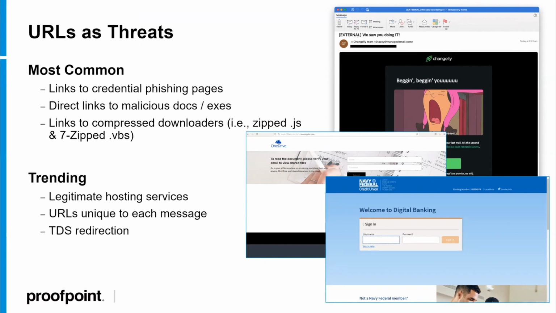We're also seeing, probably for the past year and a half now, use of traffic distribution systems. Keitaro is a really popular one, but we've seen a couple of others. And this is another legitimate service that serves as a middleman router of traffic. So depending on who clicks the link, whether they're on mobile or on a desktop, whether they're on various operating systems, or coming out of specific geographies in terms of the IPs that they're connecting with,